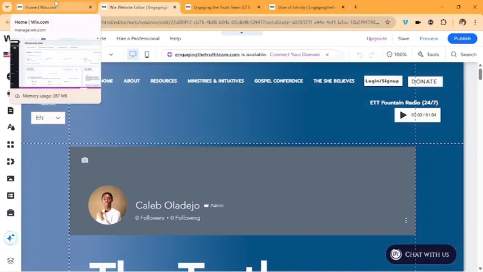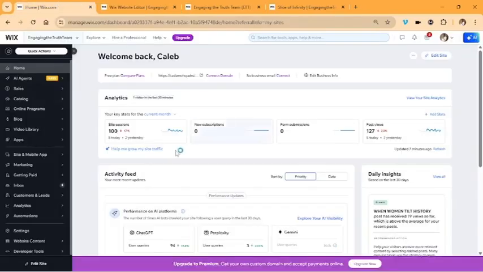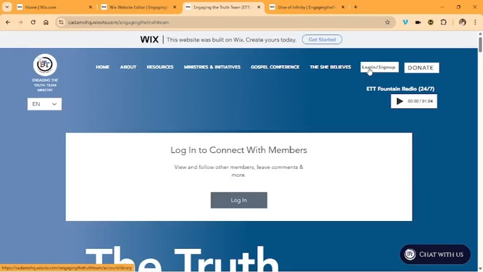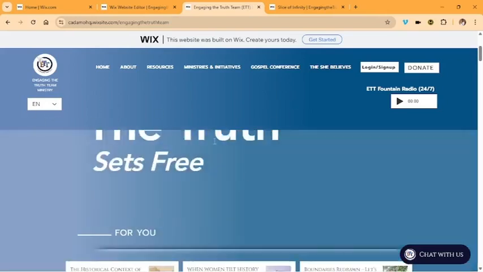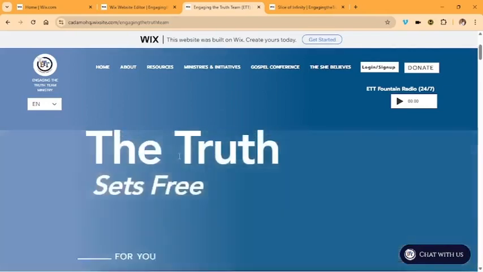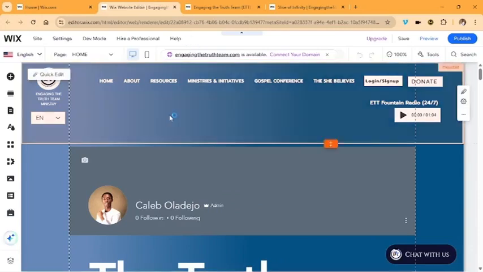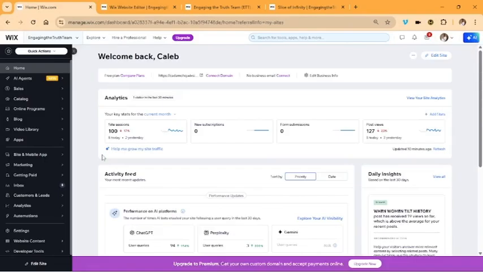Now, there is a lot to learn when it comes to Wix. There's a lot to learn when it comes to the Wix dashboard, and I'm not going to sugarcoat it for you. It might take a little while for you to understand the whole Wix dashboard. There are settings on it. These are platforms that involve a lot of coding and programming. So you need time to learn it. But this introduction will help you to at least get your footing right